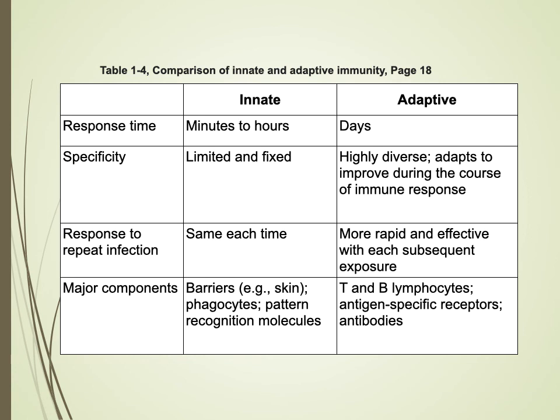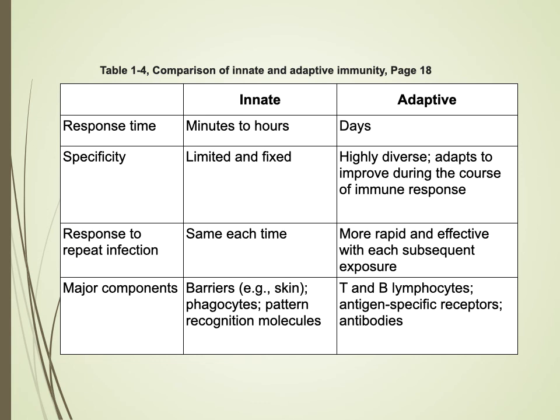So, if you like to eat contaminated meat, each time you eat that, you're going to have the same response from the innate. With the adaptive, this is where you would end up developing a T and B cell response. You'd develop antibodies. Those antibodies would be able to bind and recognize the E. coli that's in the contaminated meat much quicker and help with that response.